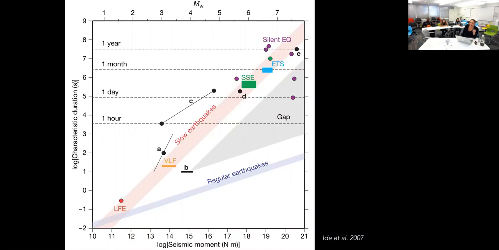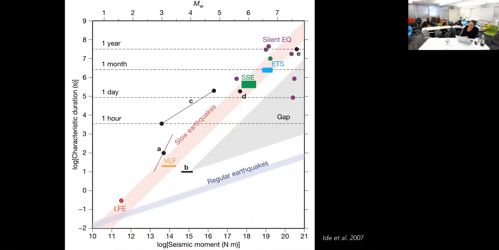a power of 7.5 seconds would be how long a slip event that lasts for 1 year would take. So this is kind of a rate or time versus energy plot. And this plot is actually made into a cartoon. The original has lots of different dots on it, but these zoned areas are shown that correspond to lots of